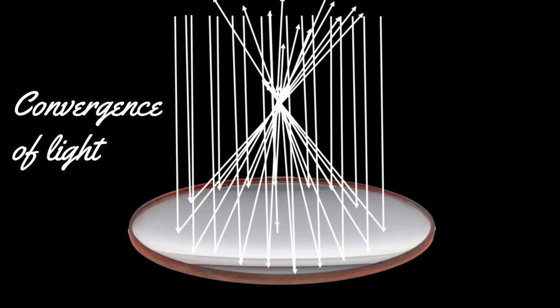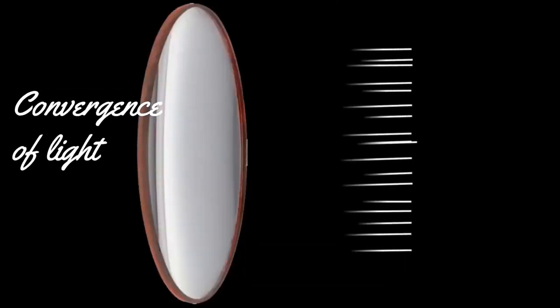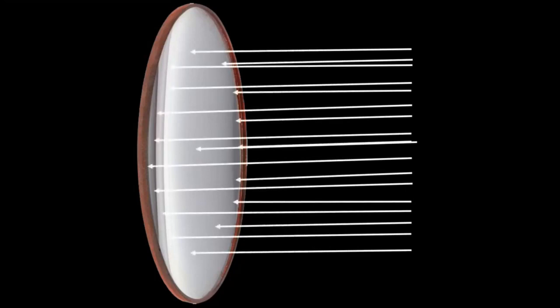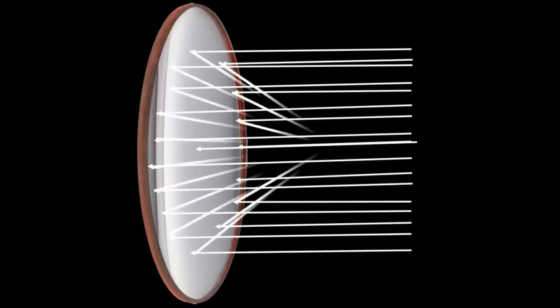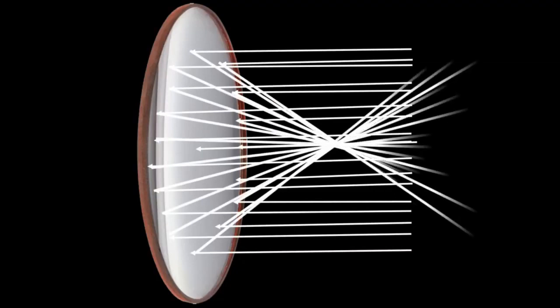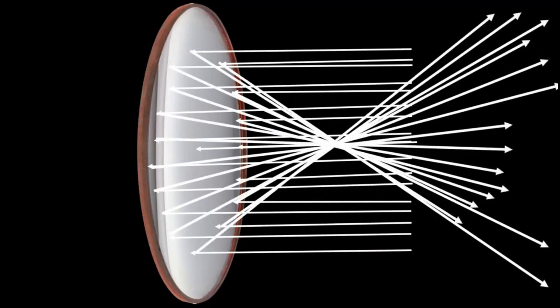We can turn this animation 90 degrees and see it from a different angle. When the light falls on the concave mirror, it reflects and then converges and passes through a single point, right? Except the one which is in the center, and we will talk about why it happens so.